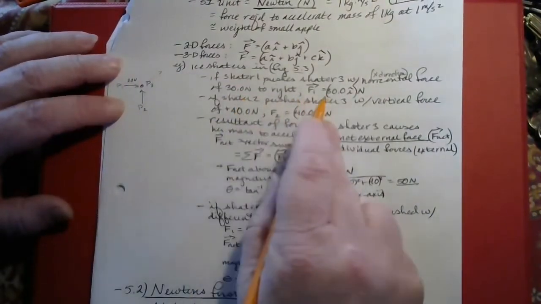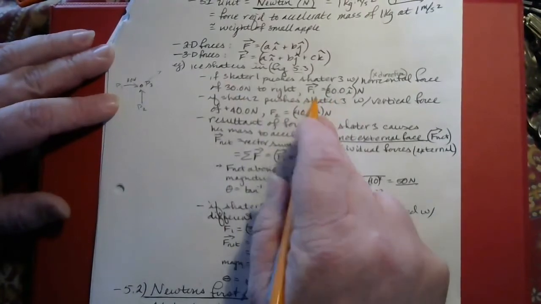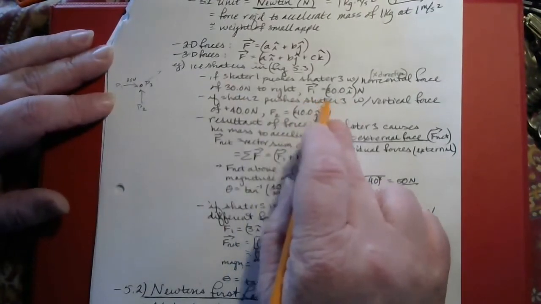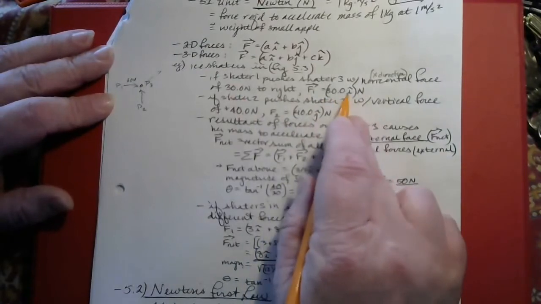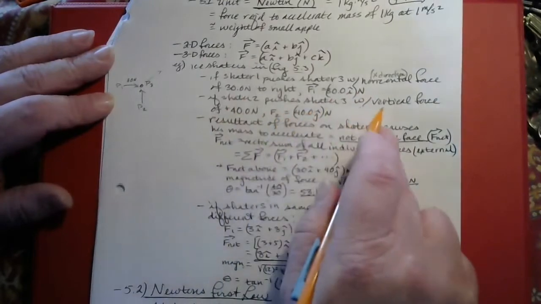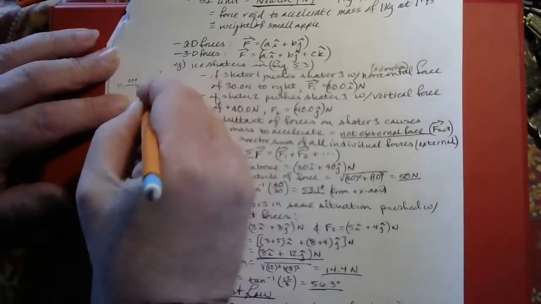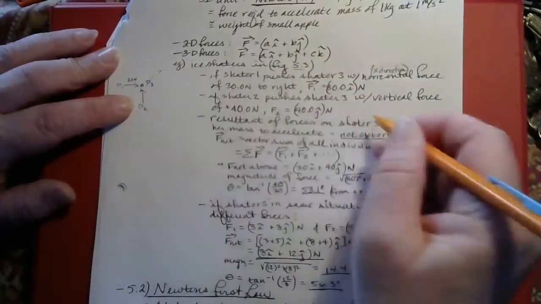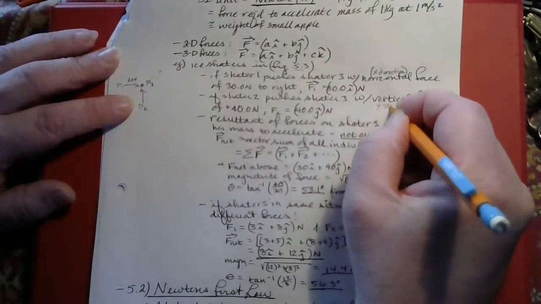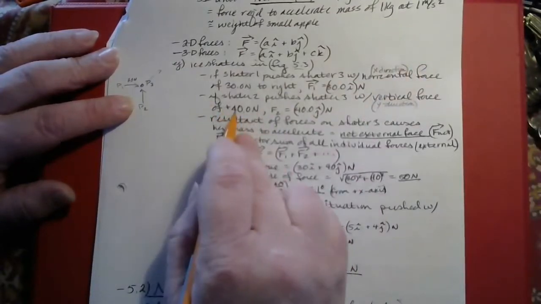And to the right, that is. Okay, so F1, the force of person 1 pushing on person 3, is 30 times unit vector i newtons. If skater 2 pushes skater 3 with a vertical force, I think again what they mean is vertical on the diagram, but of course it would be horizontal in person. So we're going to call this a y direction force of plus 40